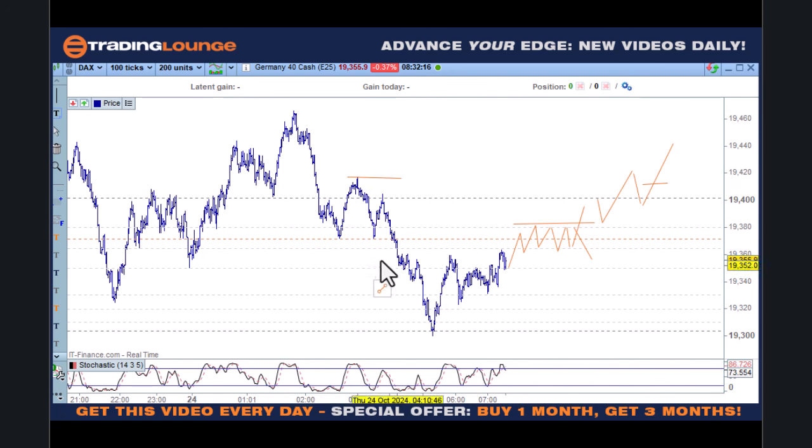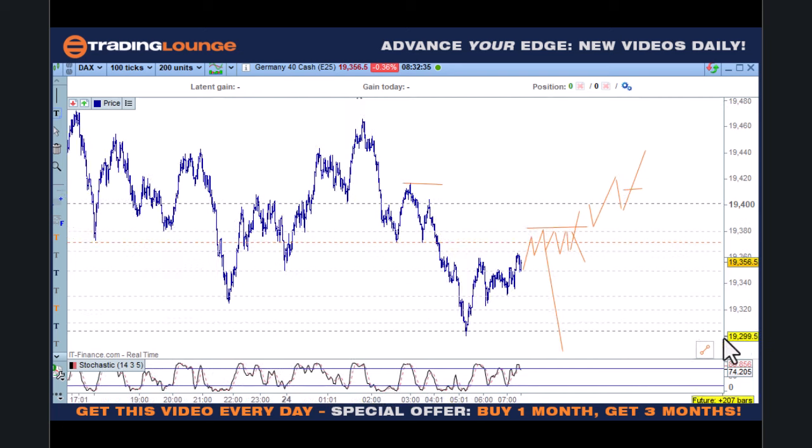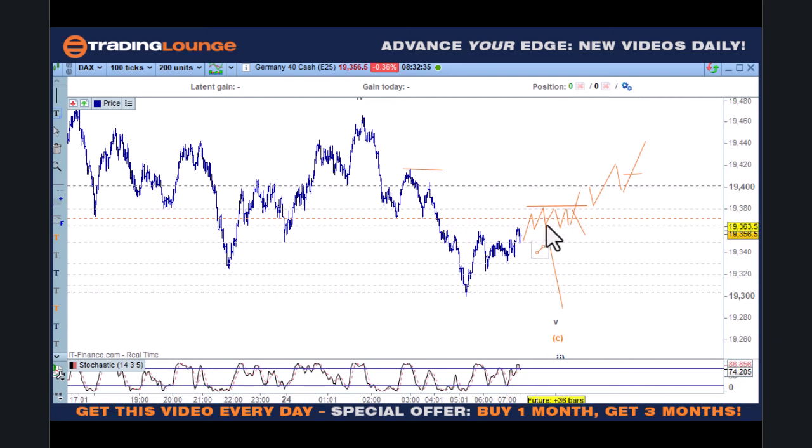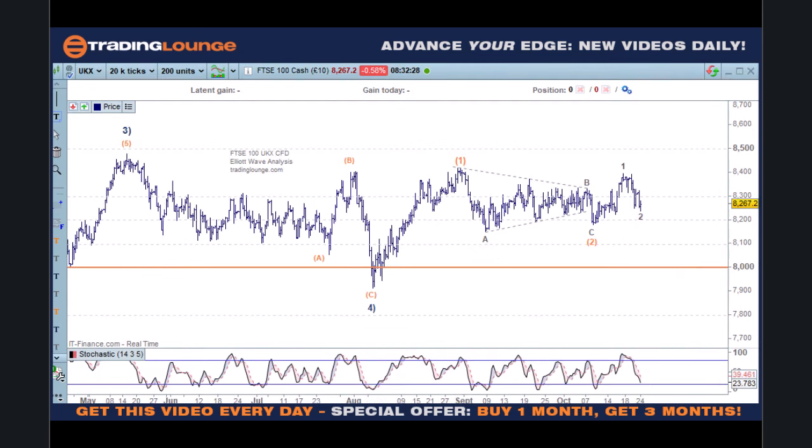So yeah, it could overlap here and then drop down here. It could do that. In these sort of time scales, we see that overlap of 1 and 4 in these sorts of things. So a little bit unsure about that one, but it looks bullish from this little pattern here, but the bigger pattern is telling me it should come down. But if it overlaps that, then it's likely there's another tick in the box to go higher at that point. But you want that group 2 here, 65, 72 and 8, you want some sort of solid support in there for that. Okay, and then we come over to the FTSE, and it's a dog's breakfast, all of this,